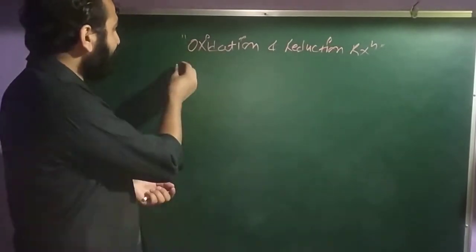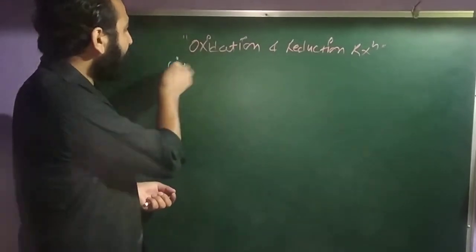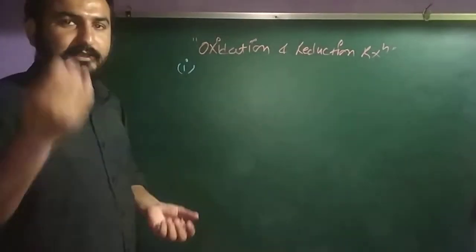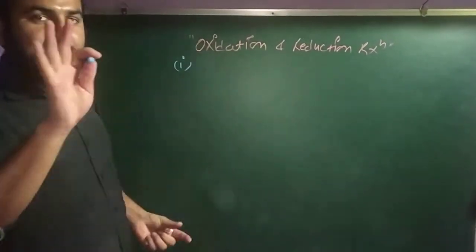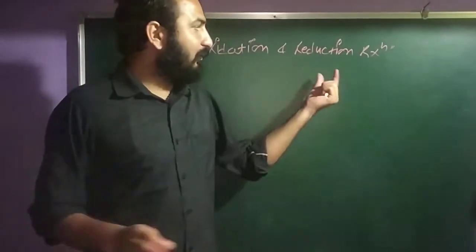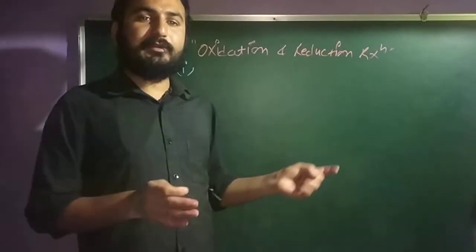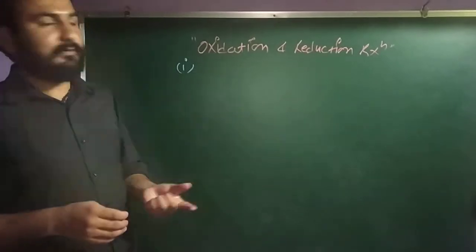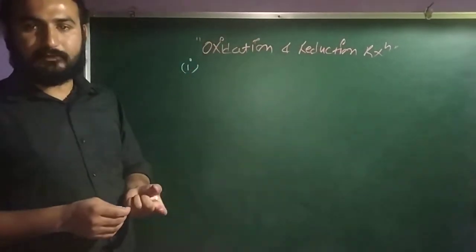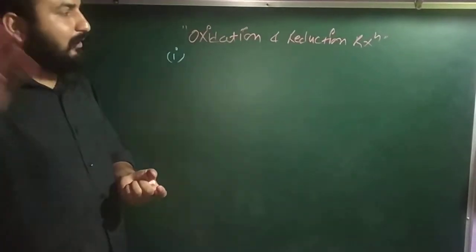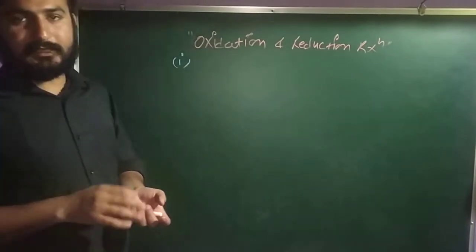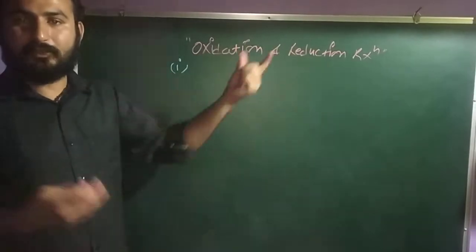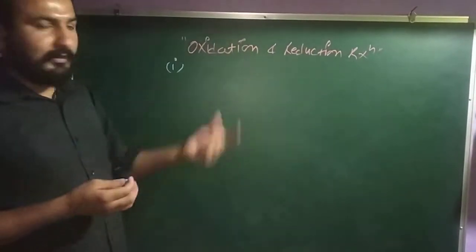So I am writing here the definitions. You can see we can define our oxidation reaction by various methods. We have 5 kinds of oxidation reaction and 5 kinds of reduction reaction. But in your syllabus, in your NCERT, you have only 2 definitions of oxidation and reduction. The next 3 you will learn in the higher classes. But overall, we have 5 kinds of oxidation and 5 kinds of reduction reaction. So let us start.